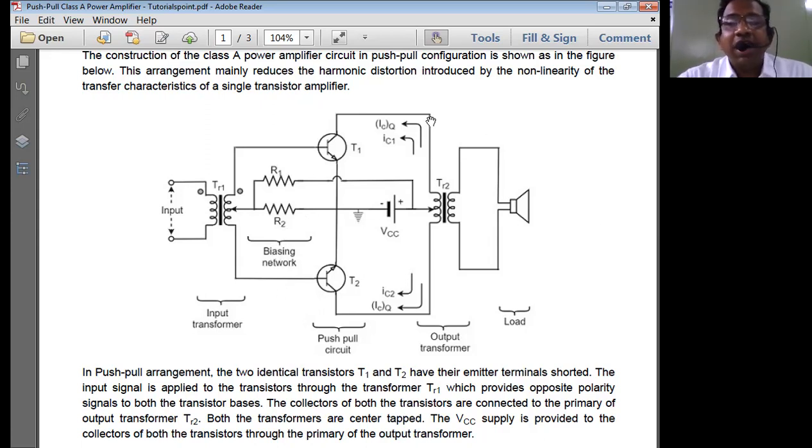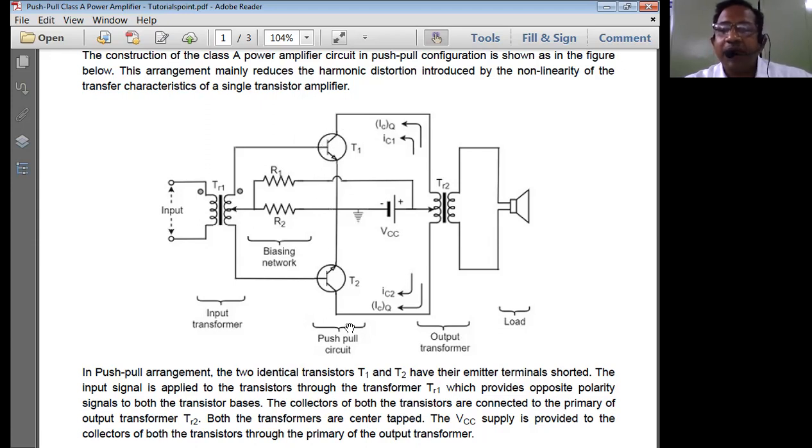Now, the same circuit diagram I can draw for the class B push-pull type. If I remove these biasing resistors, R1, R2, the same circuit is simply called a class B push-pull type of power amplifier circuit. That means just because of these biasing circuits, we call this class A push-pull type of power amplifier. Now we can have the transistors of the same type.